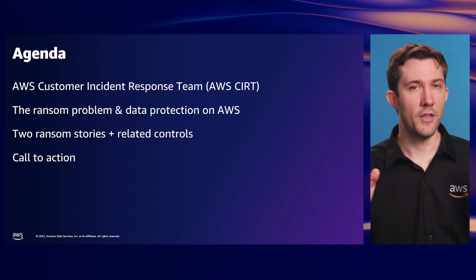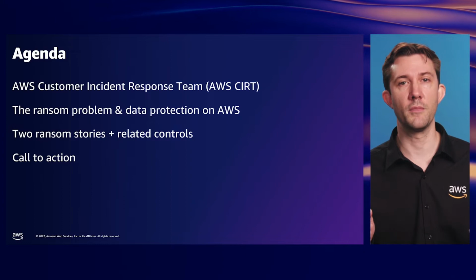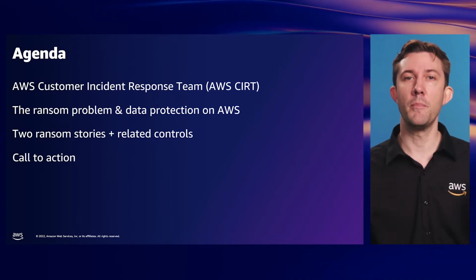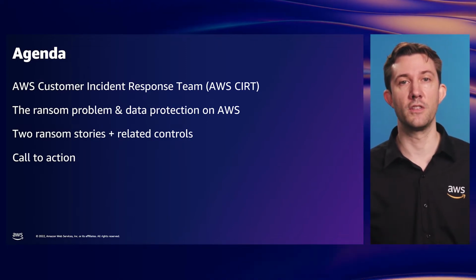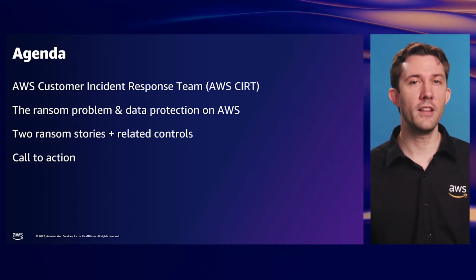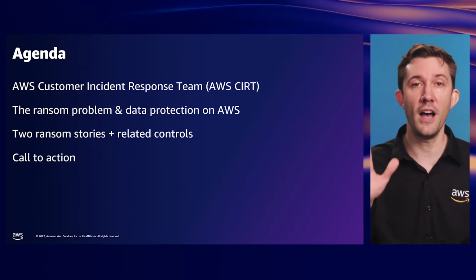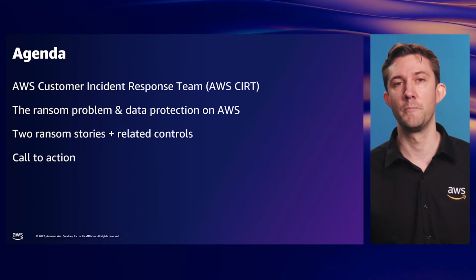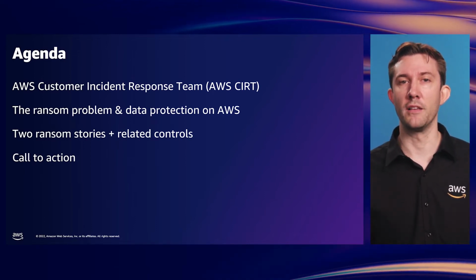Third, now that the scene has been set, we'll walk through two of the more common real-world ransom scenarios in AWS, and more importantly, some of the best controls to help protect, detect, and respond to those situations. So get your notebooks out for this part. And finally, a call to action. If you leave here with nothing else, these are 5 key takeaways that each of you should go and check in your organizations. But just before we jump in, I want to check that everyone is in the right place.